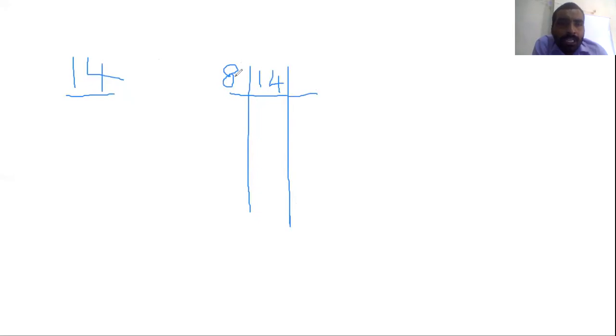So divide first, 8 ones are 8. What is the remainder? The remainder is 6. Then again write 8. Now it will not be divided, so we take 0 times. 8 zeros are 0 and the remainder came 1. Now you have to count it from the downside to upside. If you count downside to upside, there came 16, 1 6. That means 14 in decimal.